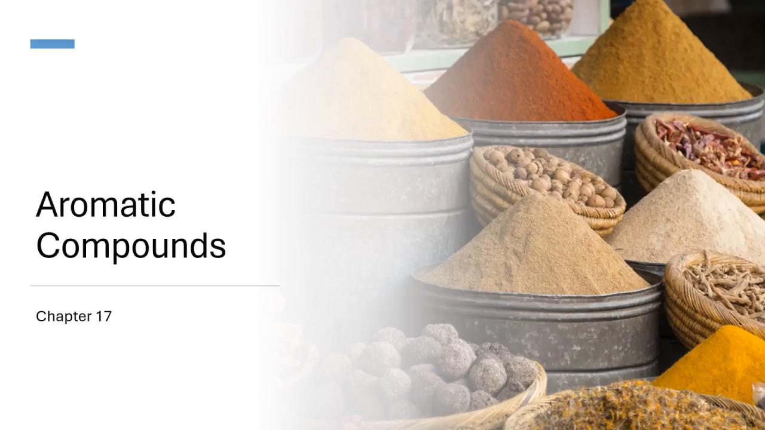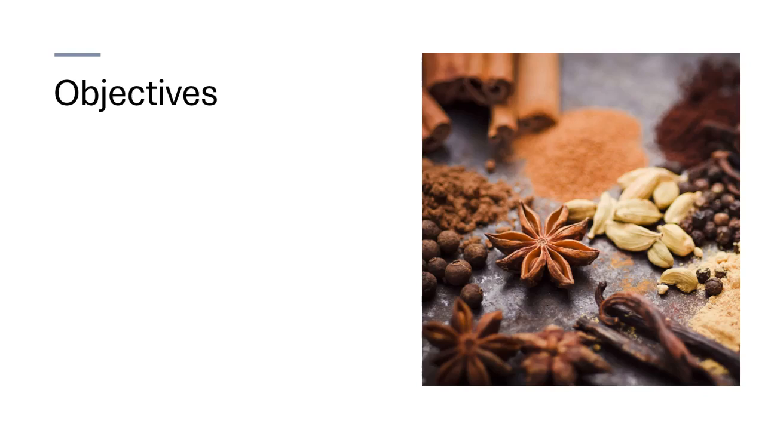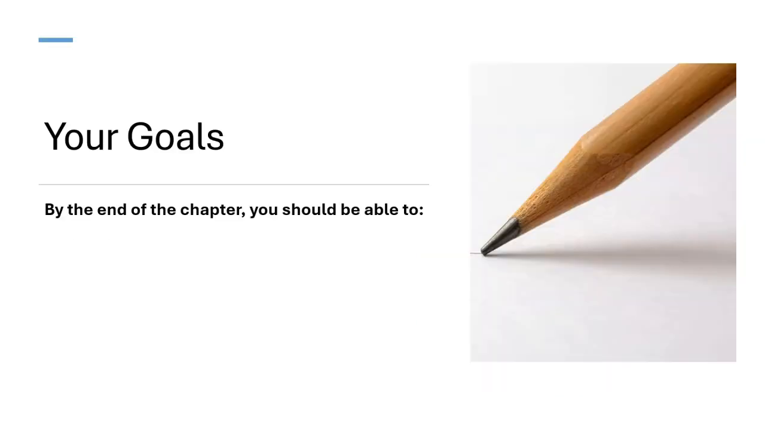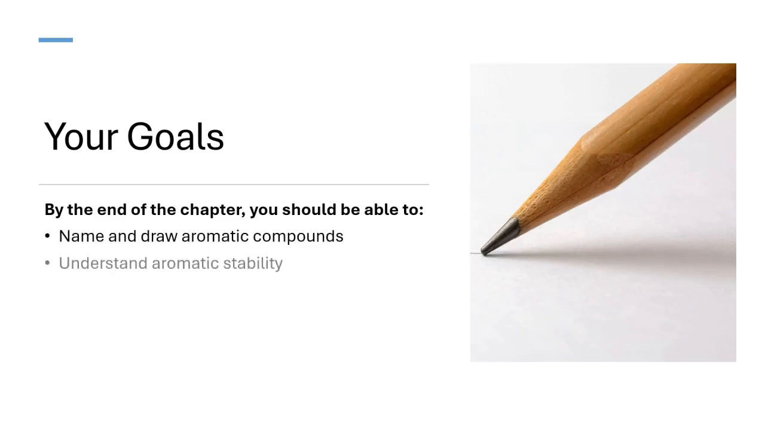Aromatic Compounds, Chapter 17. Objectives. 1. Introduction to aromatic compounds. 2. Stability of aromatic compounds. 3. Criteria for aromaticity. And 4. Benzylic reactions. Your goals. By the end of the chapter, you should be able to name and draw aromatic compounds,